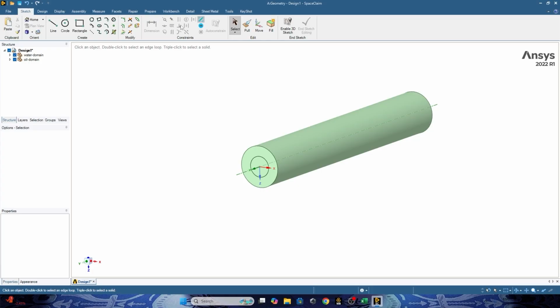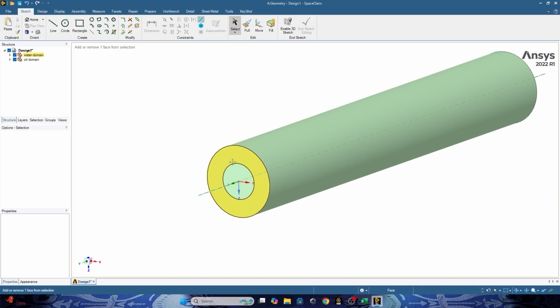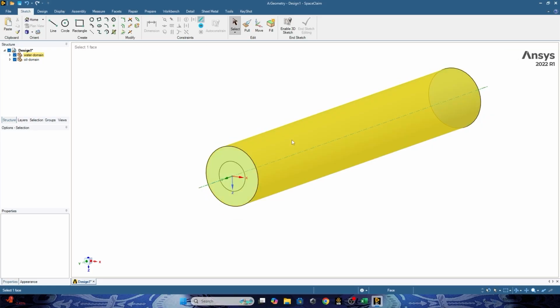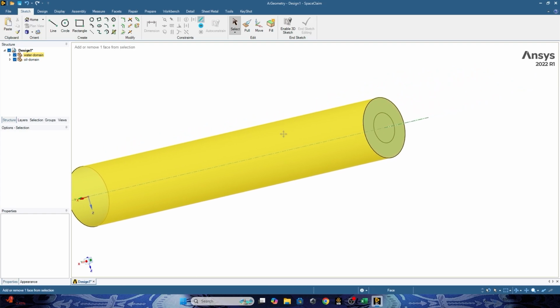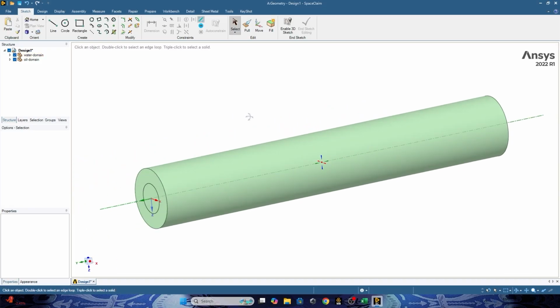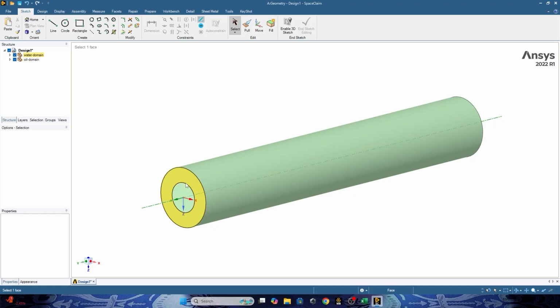The next step we need to do is to define the boundary conditions of the heat exchanger: the inlet of the water going through the tube, the outlet of the water, the wall that will separate both fluids, and all the boundaries that we need to define.